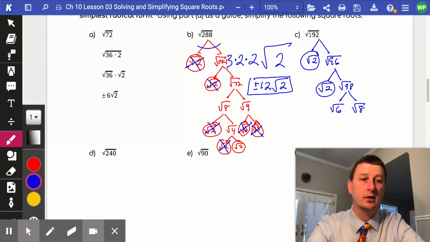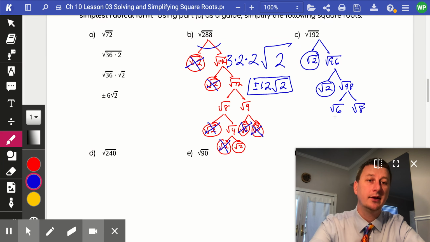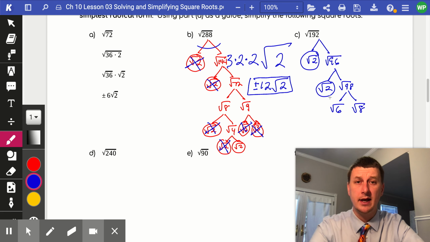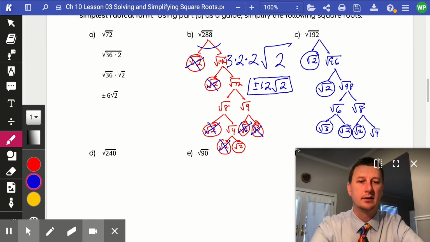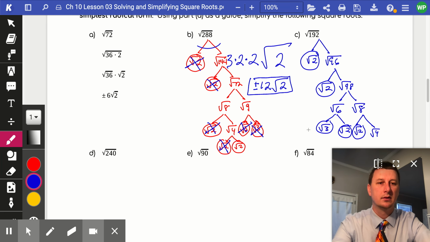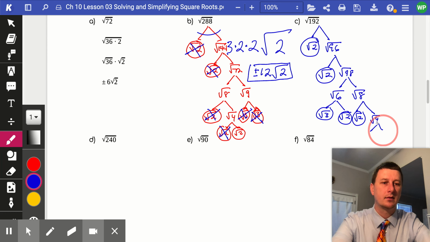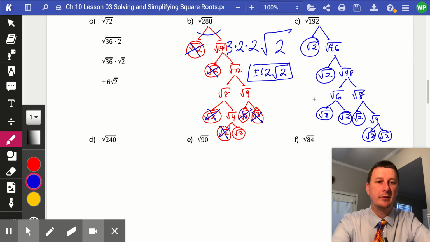You could do 12 and 4, or you could do 2 and 24, anything you want. You'll get the same prime factorization because, as you should know, every number only has one prime factorization. So 6 will give me 3 times 2, and those are both prime. And 8 will give me 2 and 4. And finally, 4 will give me 2 and 2. So now that I have my prime factorization, because all of my prime factors are now circled,